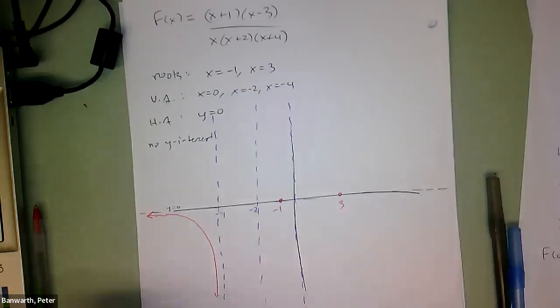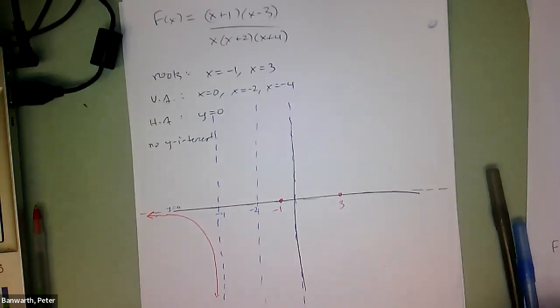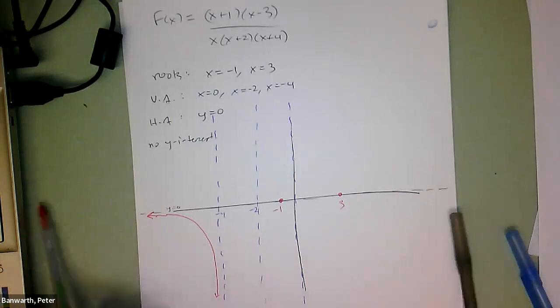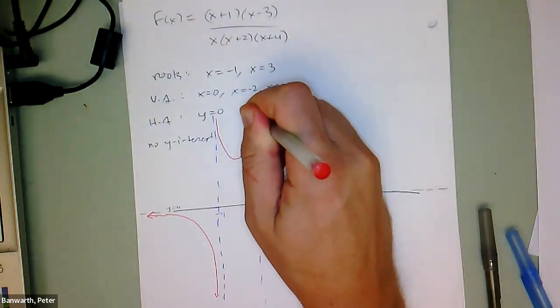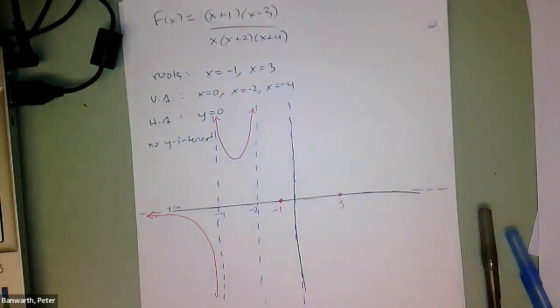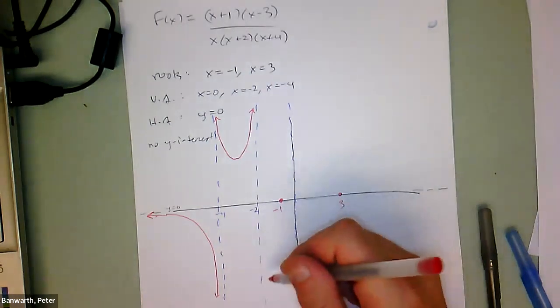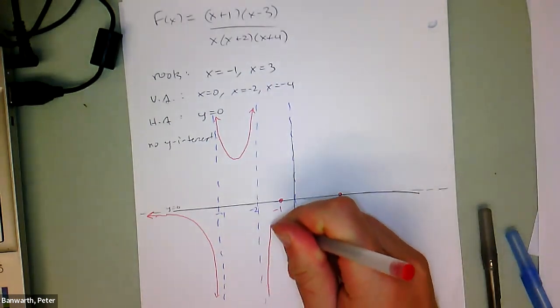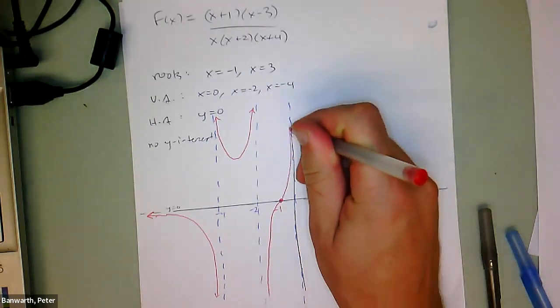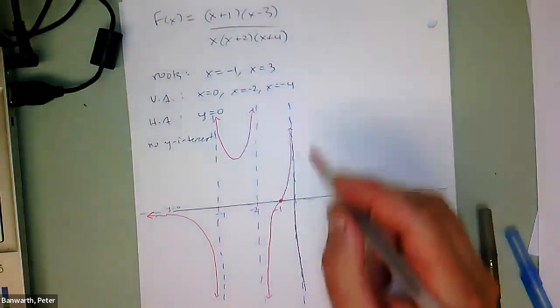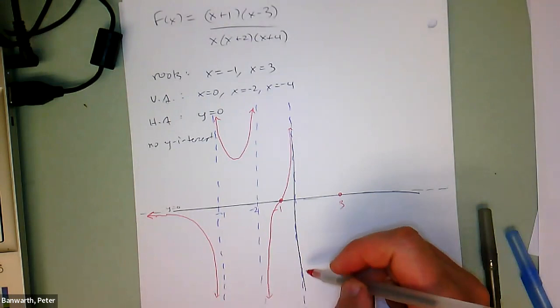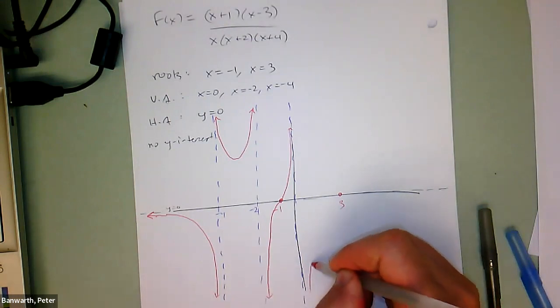I didn't know what it looked like, so I went to Desmos so I could do this correctly for all of you. It's actually going to come down and turn around and go back up, which is maybe a little bit beyond what we're looking at, but I just came up with this example, so that's life. And then it's going to come up, it's going to cut through there, pretty much straight, because the multiplicity of that is 1. And then it's going to come up this way